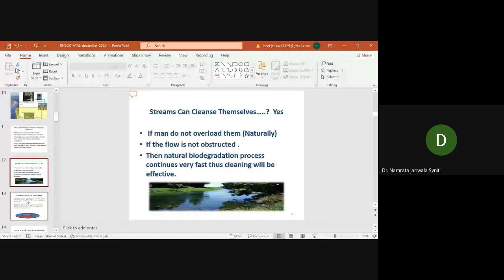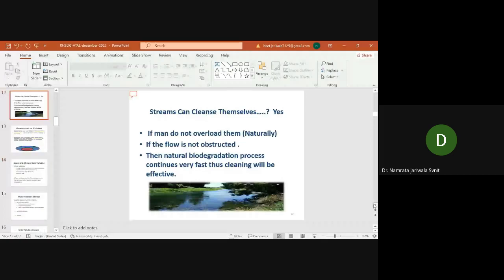The second very important thing is if the flow is not obstructed and your stream or water body is always flowing, then the velocity will always be available, and because of that your stream will be considered a healthy water body. So if there is no overburden, and if the flow is always flowing, meaning there is no stagnant water,